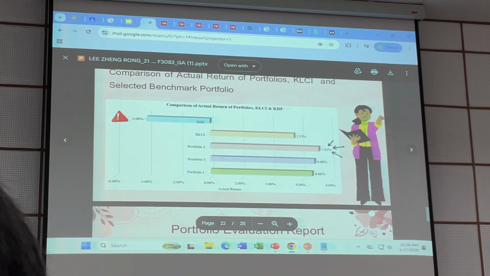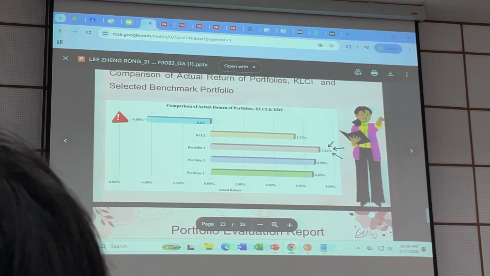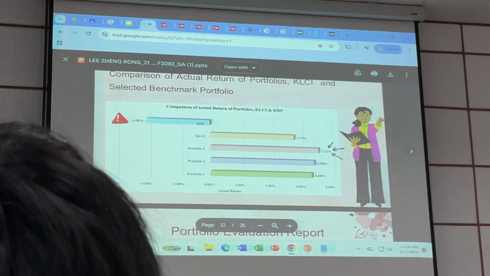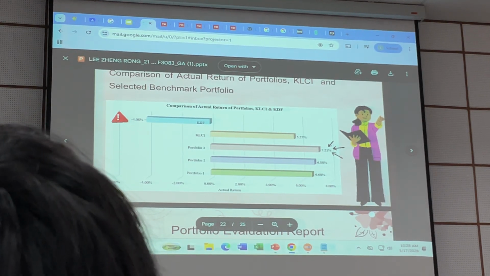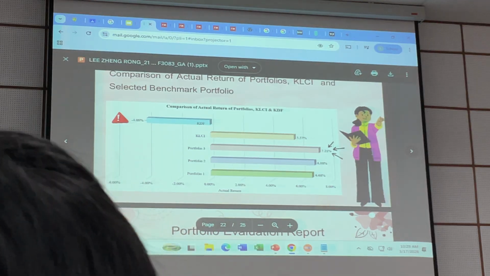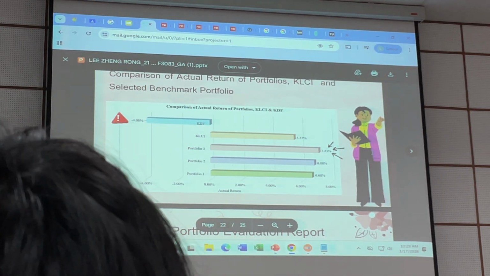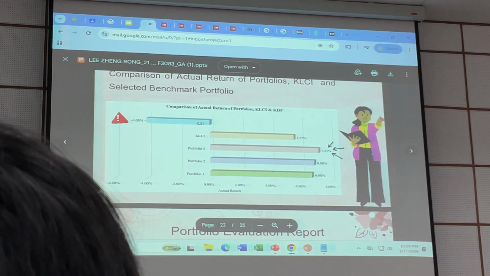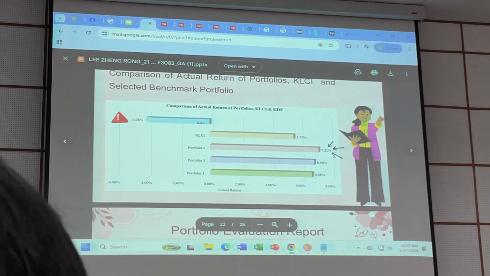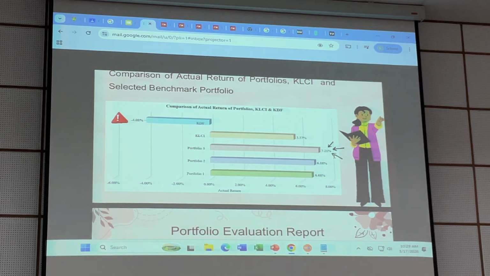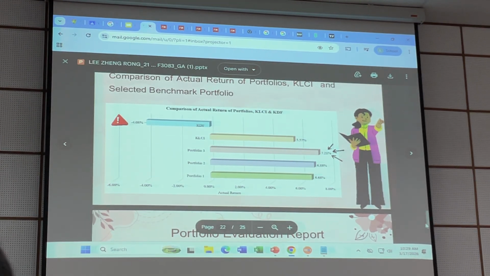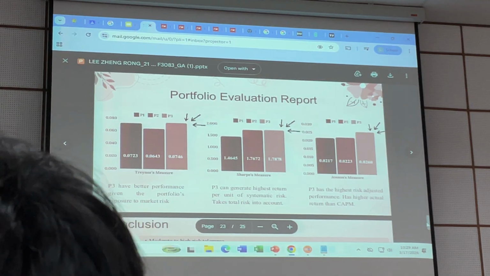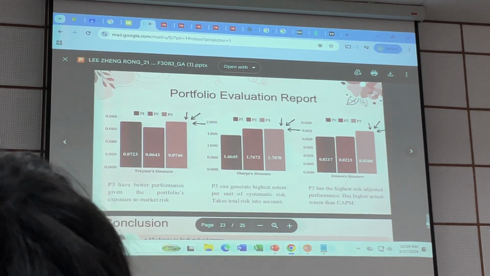And this is the comparison for these 3 portfolios compared with the KLCI and the fund. So overall for the 3, the score is 7.21. If I divide by 2 months, the average you will get is roughly about 3.5%. So compared with the KLCI, this is the best performer. So your portfolio, no matter how, you must perform well compared to the KLCI and the fund. And finally, based on the 3 measures, all support portfolio 3. This is the result I want.